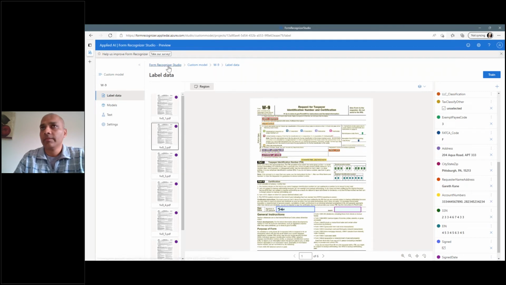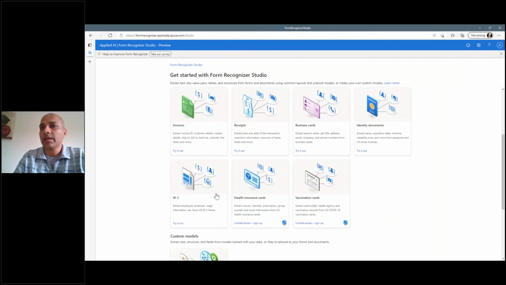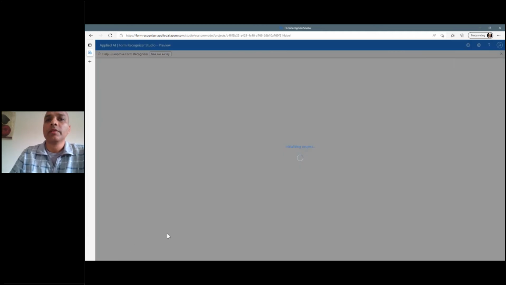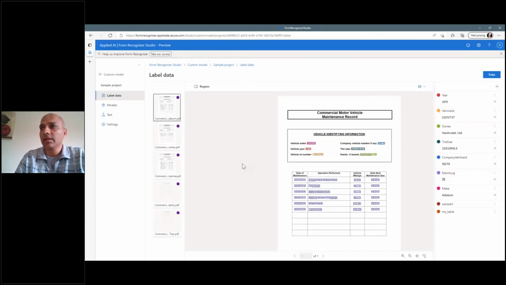with a different form type, right? So I'm going to go back into my custom models. I'm going to pick a completely different form. I'm going to pick a sample document that looks something like this. And here I now have obviously the data that is extracted as a table out of layout,